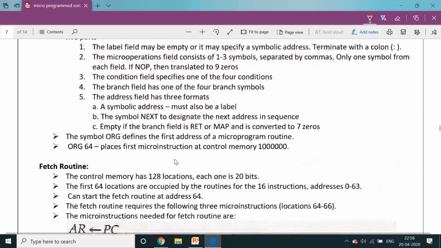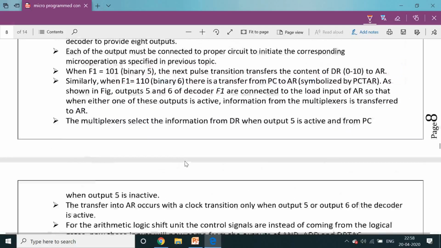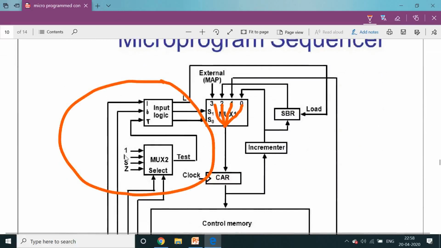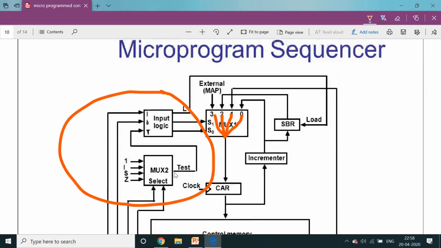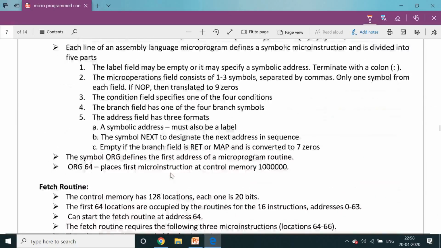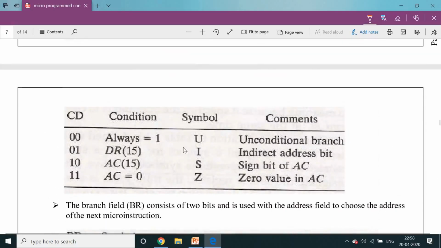Where these values we are going to find, actually previously we have seen the small block diagram. This one, ISZ, this multiplexer I1, ISZ, these fields. This one is always indicated 1. So it is always used for the unconditional branch symbol. Unconditional, without checking any condition, these status bits automatically that pointer points.